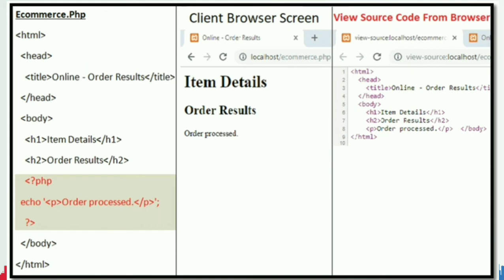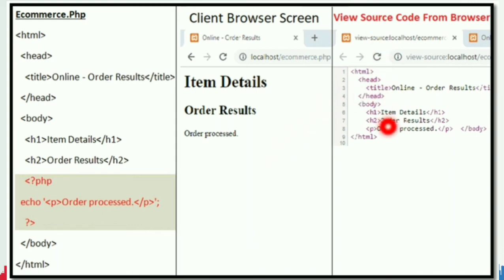And finally the program is closed with the body tag and HTML tag, that is close body tag and close HTML tag. After typing the program, we have to save the file with the extension .php. This is not an HTML program, this is a PHP program, so that extension should be maintained. So e-commerce is the file name and .php is the extension. And after execution you can see the output like this. If you want to view the source code, you can simply right click on this work area, that is the body part of the browser, and you will get a pop-up option. You can select view source code.